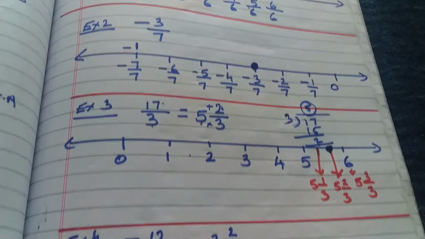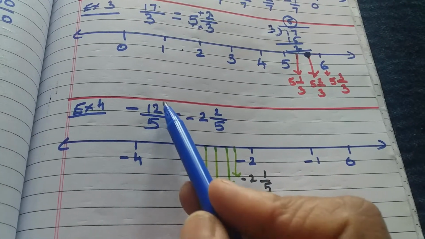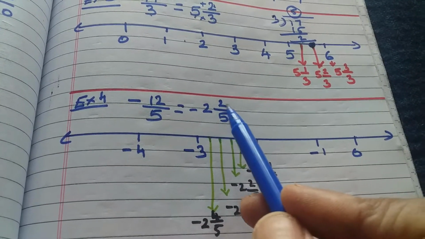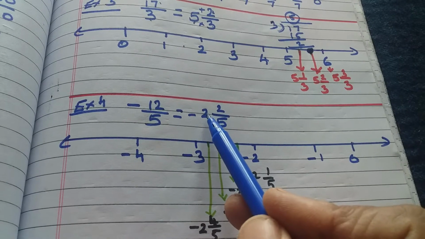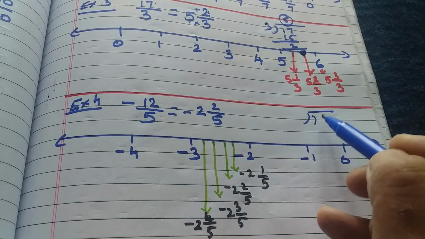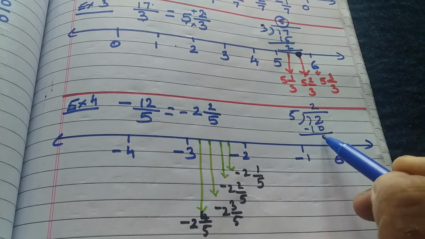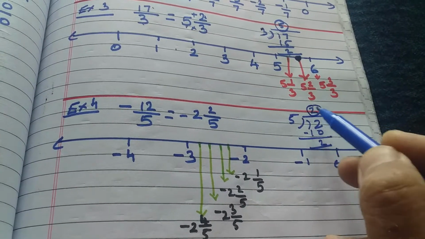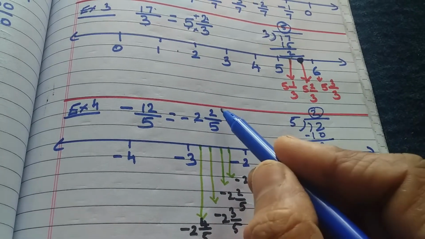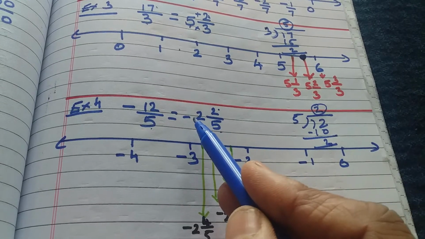Okay. Now same way we'll see one on the negative side, minus 12 by 5. Again it is improper, so convert into mixed. How? Divide 12 by 5. 5 2s are 10, and after 10, 2 is the remainder on top. 12 divided by 5: 5 2s are 10 and the remainder is 2. So this 2 is the whole number and this remainder goes on the numerator, and we put the same denominator. And because there is a minus sign, put the negative sign.